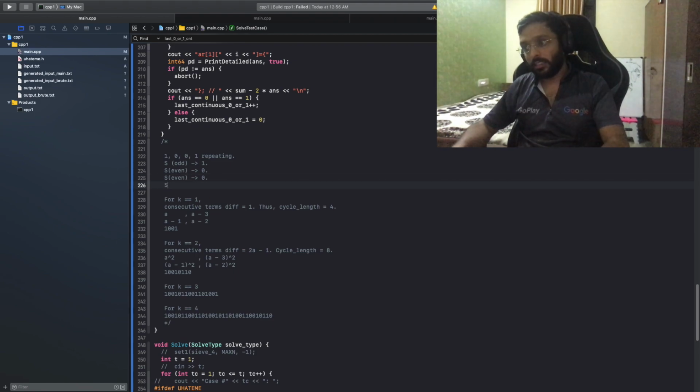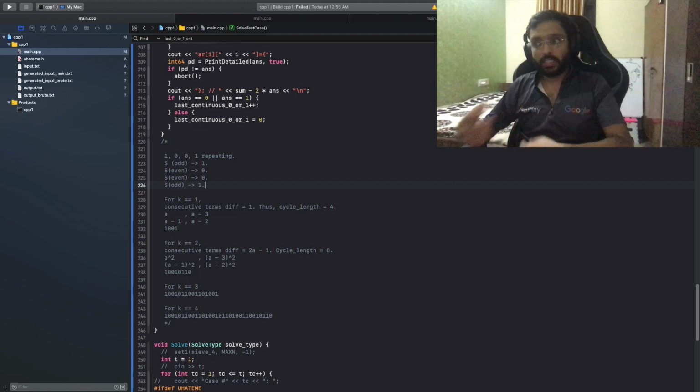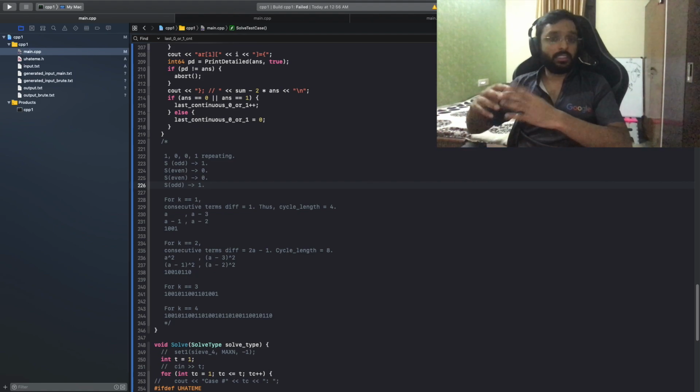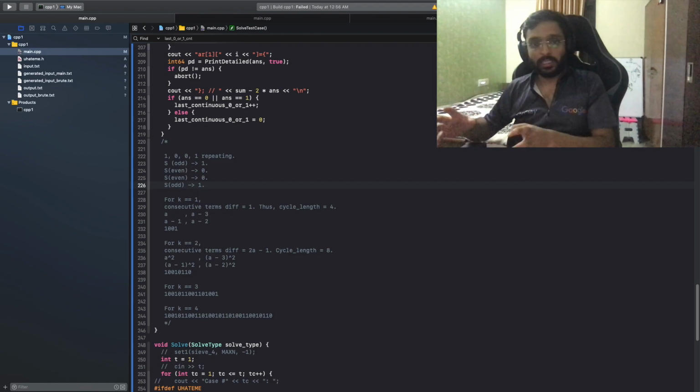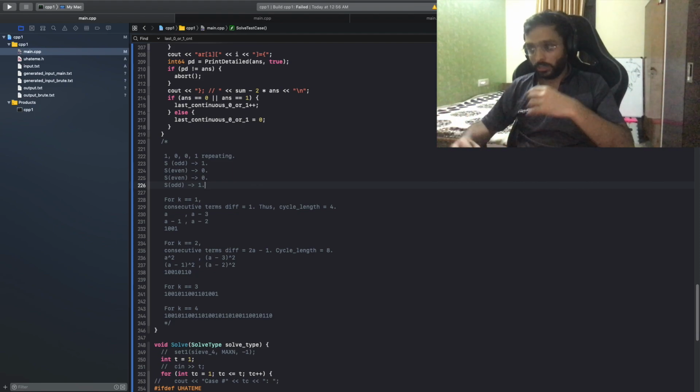And finally there will be an odd number, due to which when I add it to an even sum, my sum becomes odd and 1. And that's why this keeps on repeating in a cycle of 4, and it's really independent of the cycle length, which I was already talking about, like for k equal to 1 it's 4, 8 and so on.